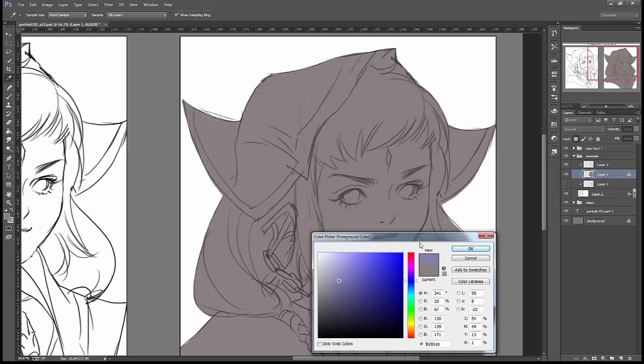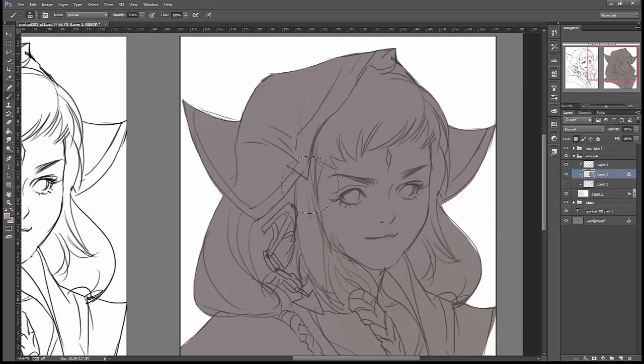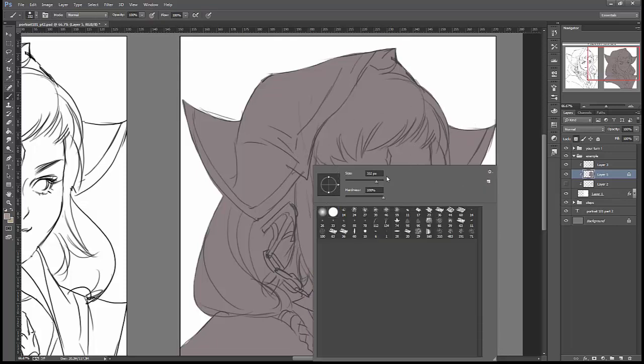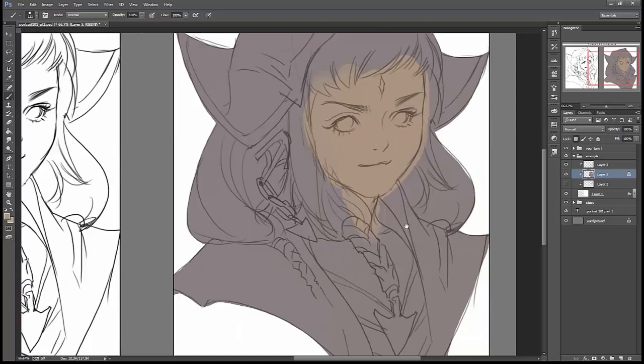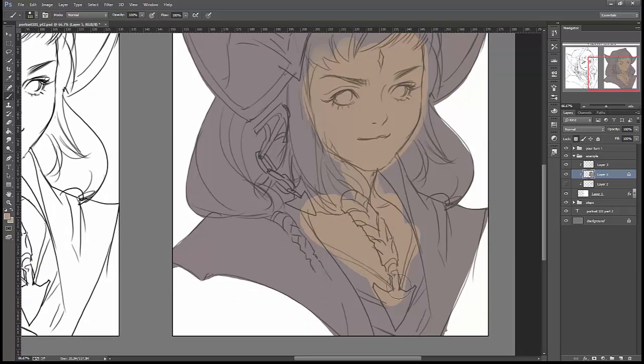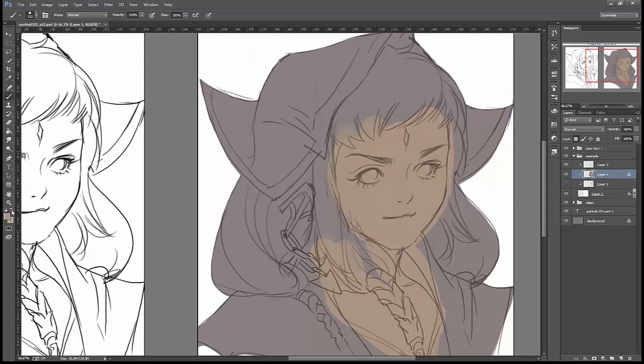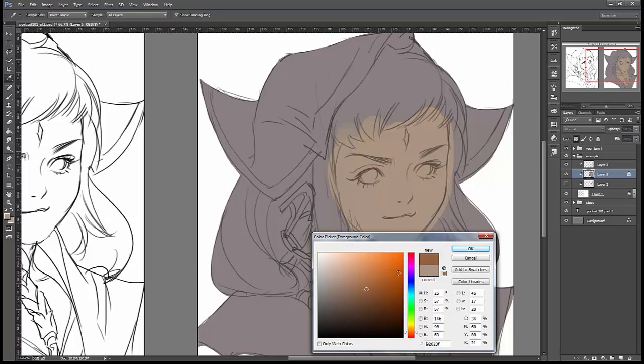But for now I'm gonna stick to a more fleshy color, and I think we're gonna use that color. Again, you don't need to use the same color as me, but just remember the base color should be a little neutral, not too dark, not too bright, just very neutral, kind of like the color of toast, I suppose. So we're just gonna do a really fast pass and just paint out the skin, and then we're gonna pick a color for